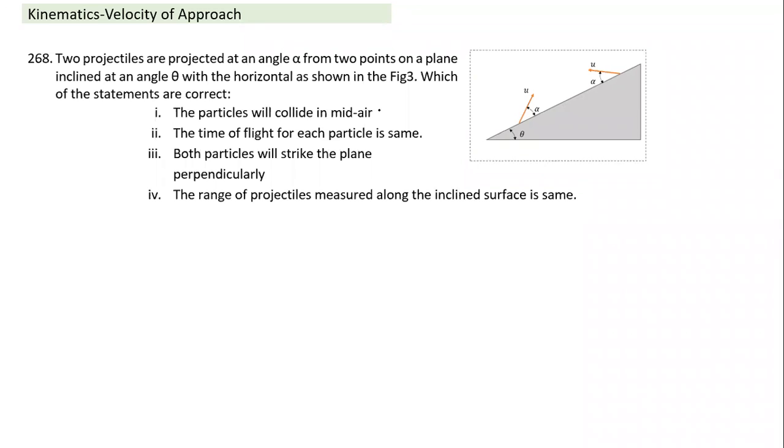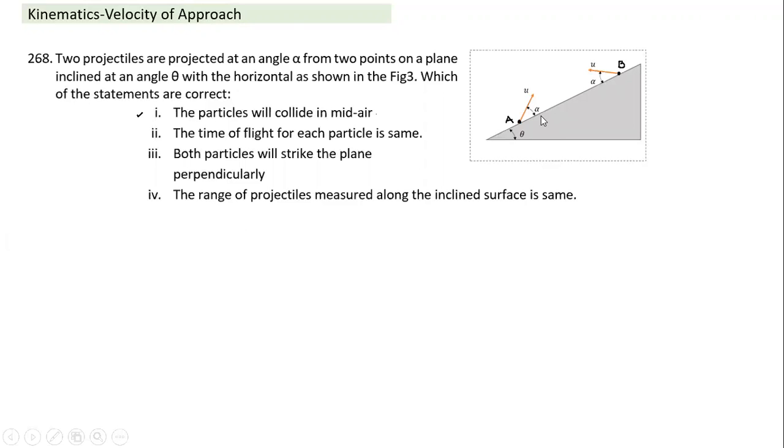How would I check this point? Like, we have to use the velocity of approach, right, sir? Yes, we can use the concept of relative motion. So if I assume this particle is one particle, let me call this A, and this is B. So basically, when we are talking about velocity of approach, we are talking about the concept of relative velocity when both are in motion.